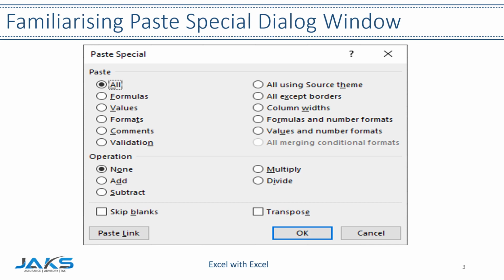If you want to perform multiple actions on the same copied data, you may use this feature again so that you can choose the next option. Instead of selecting each option by mouse click, you can type the underlined letter to select options. To recap, in this slide, we learned how to bring up the Paste Special dialog window and how to select various options available in this window. You also learned that you can select only one option at a time under the Paste and Operation sections, and if you want to use more than one feature in the same section, you will have to perform the action again. In the upcoming slides, we will see the practical uses of this Paste Special feature and its options.